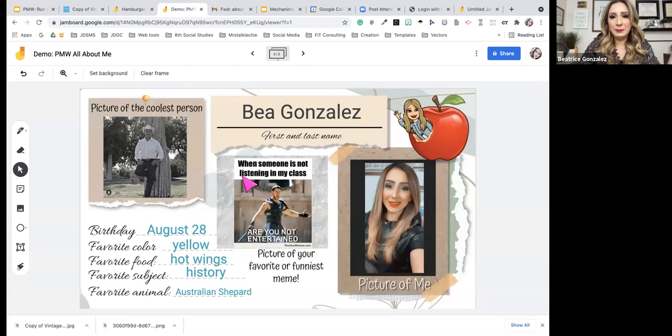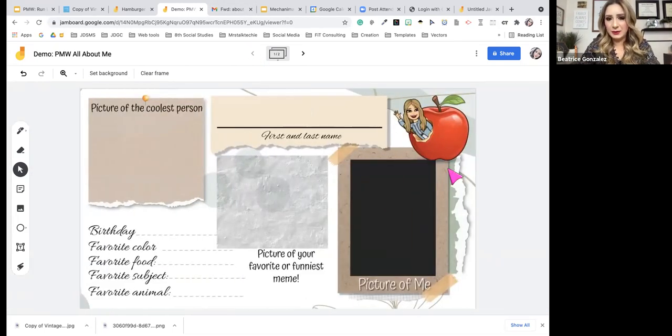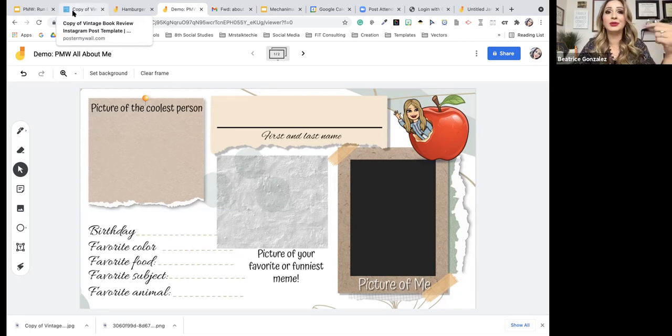This is something that you will be receiving. You'll be receiving this one already pre-made for you, that once you click on the link, it'll give you an option to copy it. Now you do have to be logged in. You do have to have that account to be able to copy it. Can you create resources without logging in? Yes. But can you go back and edit them? You cannot, because they won't be saved under your account. So it's always best to create that account for you.